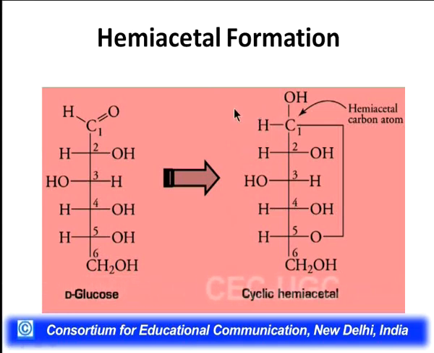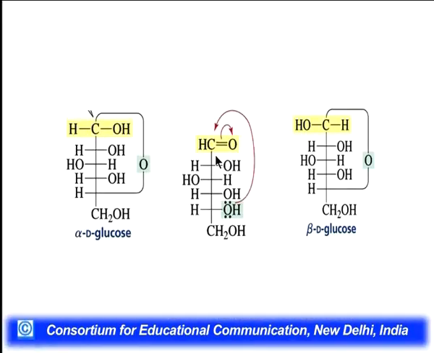This I shall be discussing in detail when I deal with anomers. So what we find is, now let us look into this reaction. If we talk of a glucose molecule, then what we find is that glucose has 5 hydroxyl groups. Now the question arises, which of the hydroxyl groups will react with the carbonyl, with the aldehyde group here.